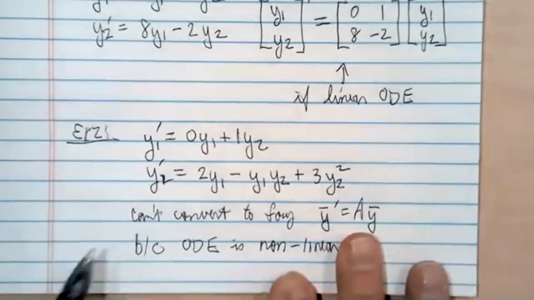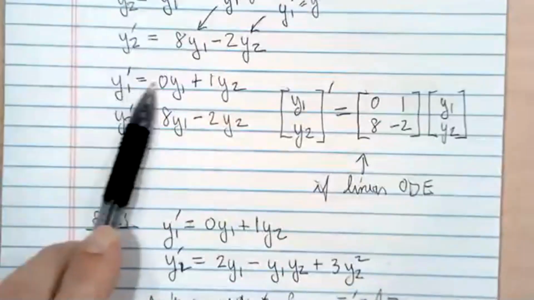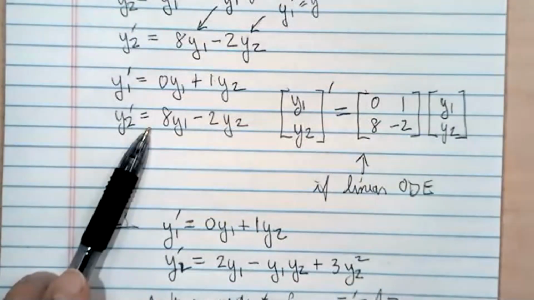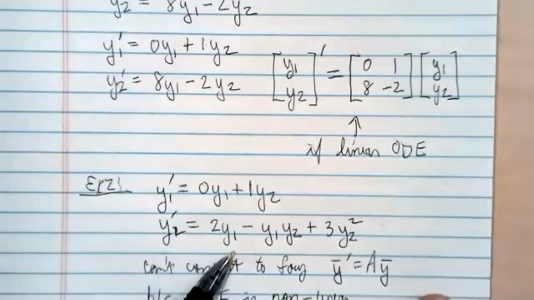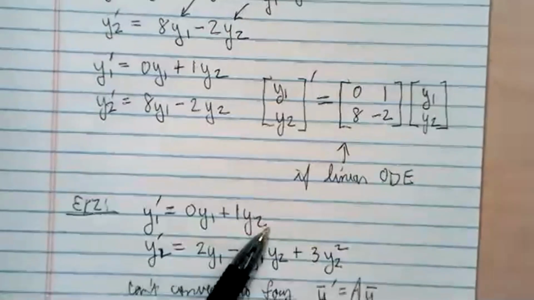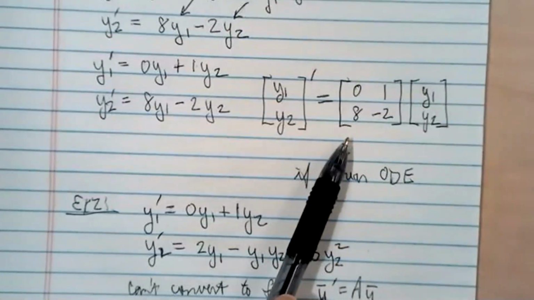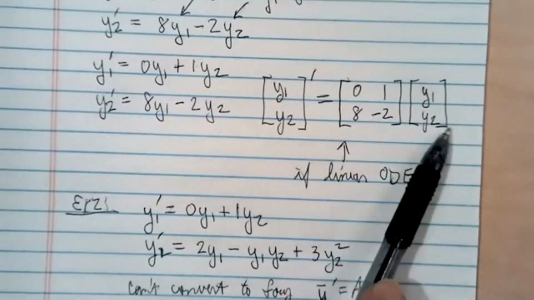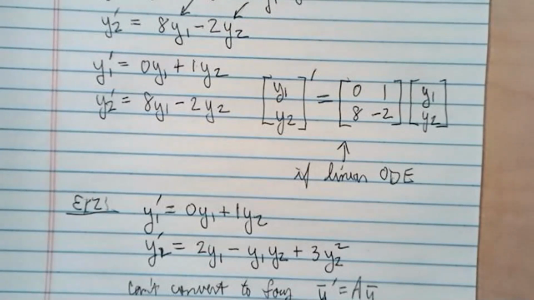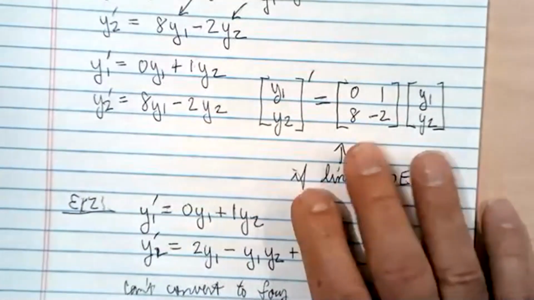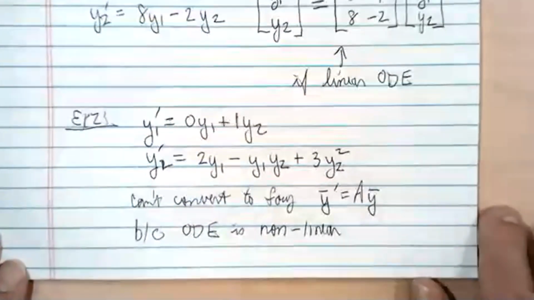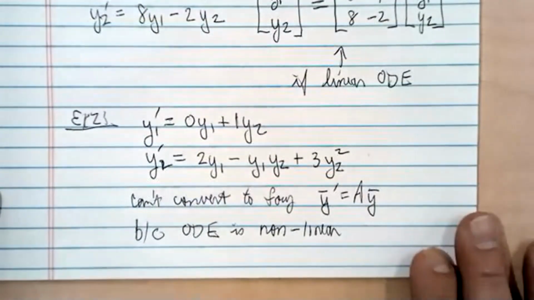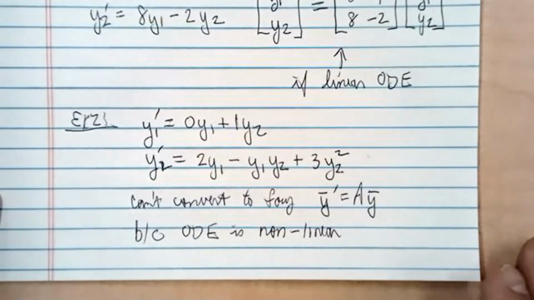So I just want to point out that you can always do this, whether it's linear or nonlinear. You can always convert to a system, but you cannot always convert that system to a matrix multiplication. When you can, it's very nice because you get nice, clean code, because we're going to talk about how to solve this with MATLAB. Okay, now,